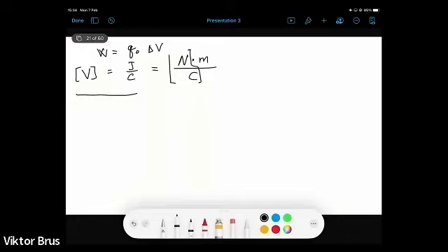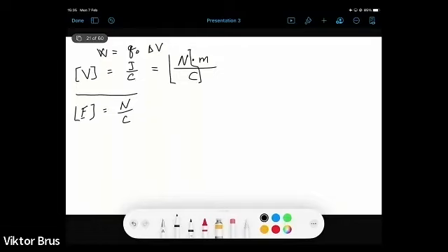We introduced it at the very beginning. That's actually electric field. Electric field units are Newton per Coulomb. So now, if we substitute Newton per Coulomb with electric field,